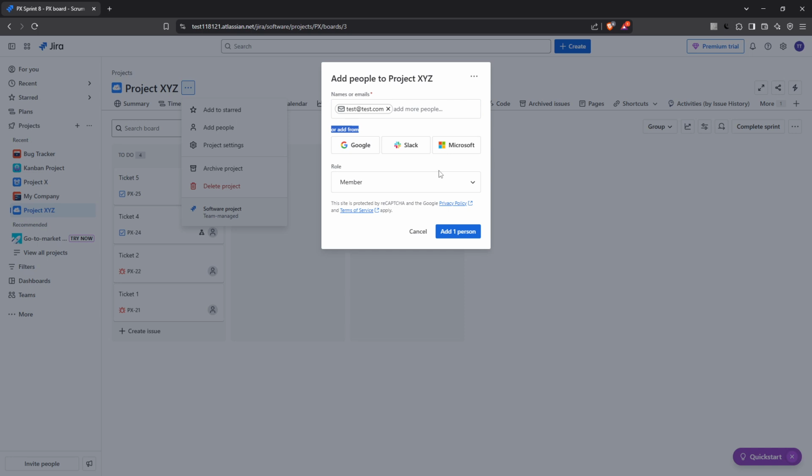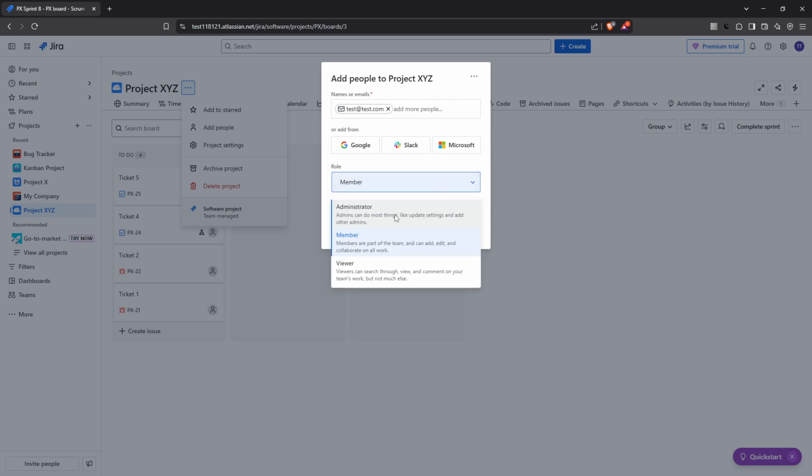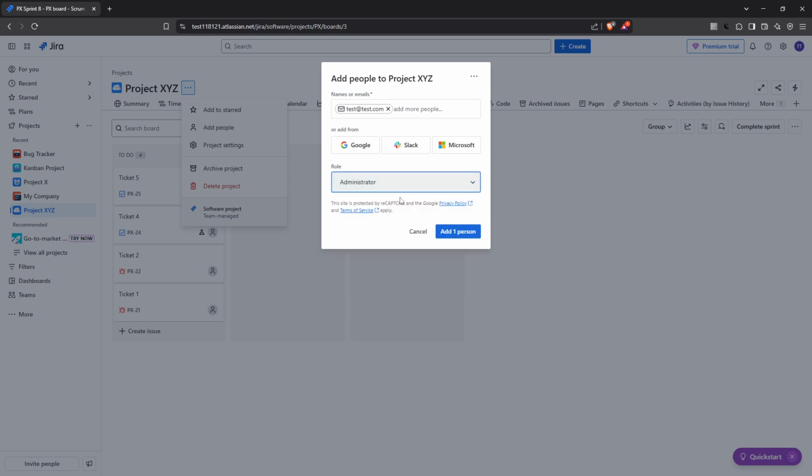As you progress, you'll see the option to assign a role to the new team member. There's a drop-down list that includes roles such as administrator, member, or viewer. It's vital to carefully select the role that matches the responsibilities you'll be delegating to this person. Each role has different permissions, so make sure you choose the one that aligns best with the member's duties and